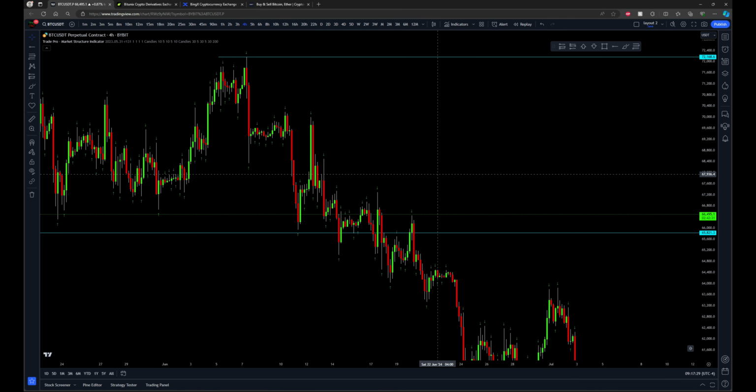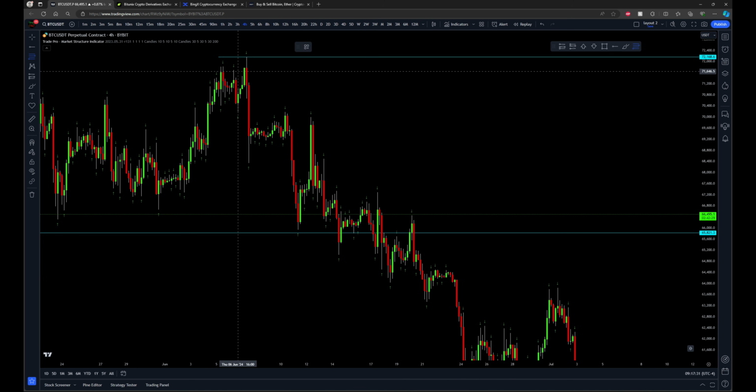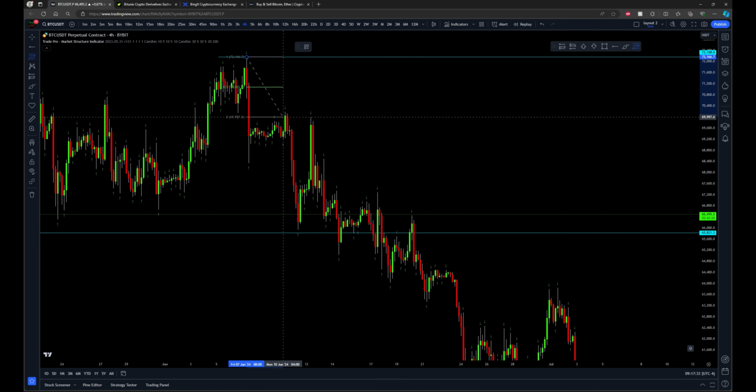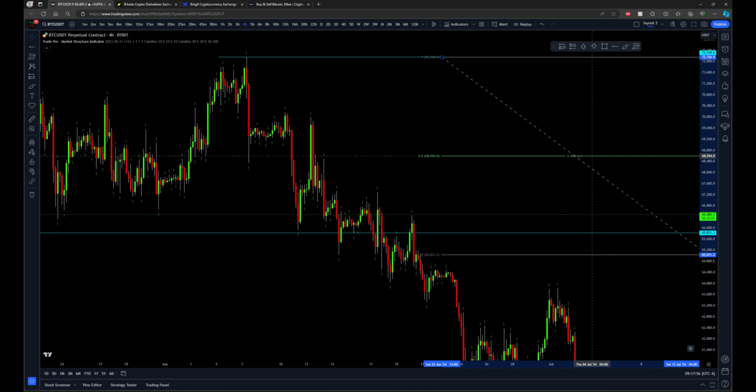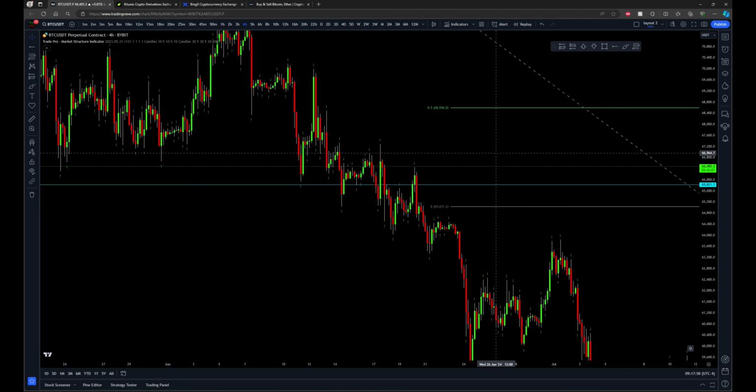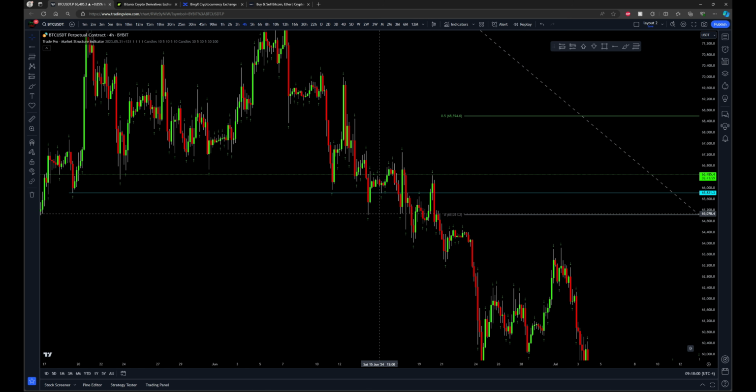Do we actually have a deep enough pullback here? I would say absolutely not. So sure, you can start small. Or I don't know how you position yourself, but I'm going to say you didn't get a short position right here. If you're looking at this whole range and looking for a bounce to at least 50% of the way up, that's quite a ways off there. We only got about 25% up, not 50% up. So I'm going to say we missed out on a short right here, but good news is we break here